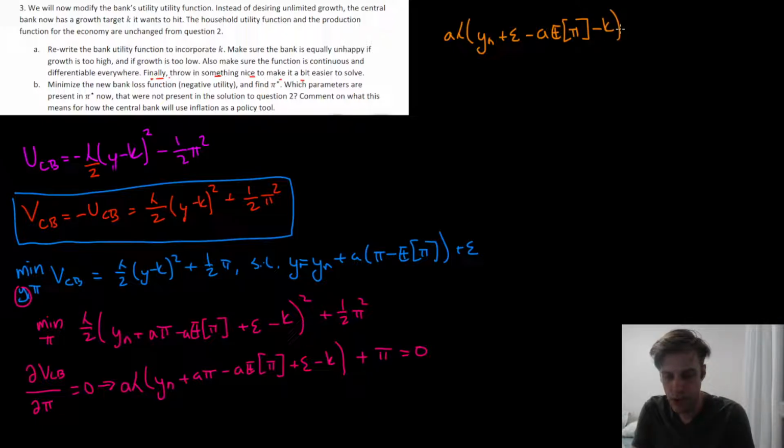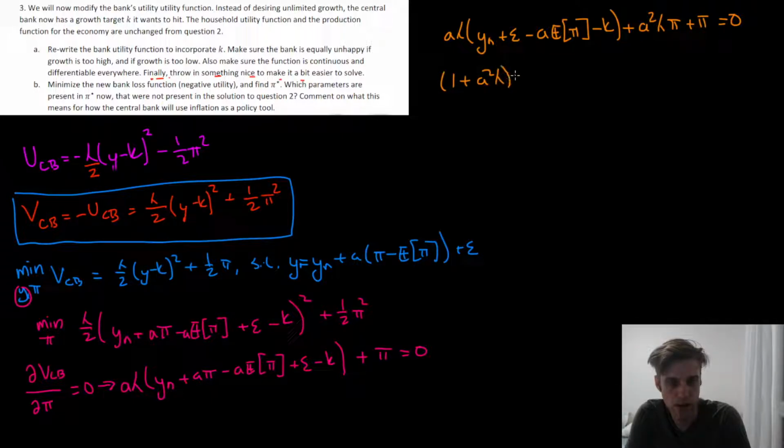And then pulling out the pi, we pick up another a lambda, so it'll be a squared lambda pi plus pi equals 0. And so we'll take everything that's not pi to the right-hand side, and factor out pi on the left-hand side. So we get 1 plus a squared lambda, times pi, equals